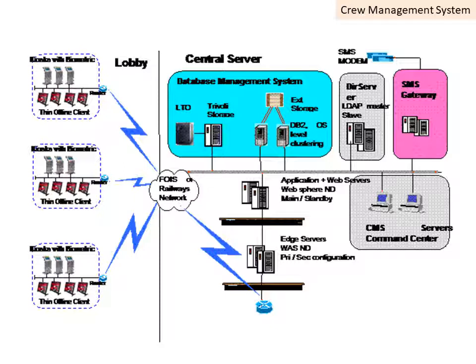Here is the SMS gateway. Whatever SMS we feed from the lobby console goes through the SMS gateway to the servers and reaches the crew. The databases will be maintained in one place and merged one way, one to the others, and sent to the thin clients. We are using only thin clients. Why are we using Linux-based thin clients? Because Linux is a virus-free operating system. Maximum applications are used with thin clients only.